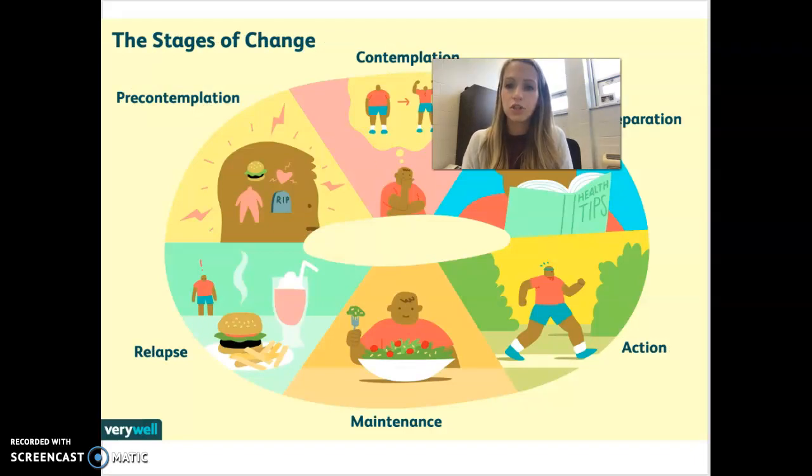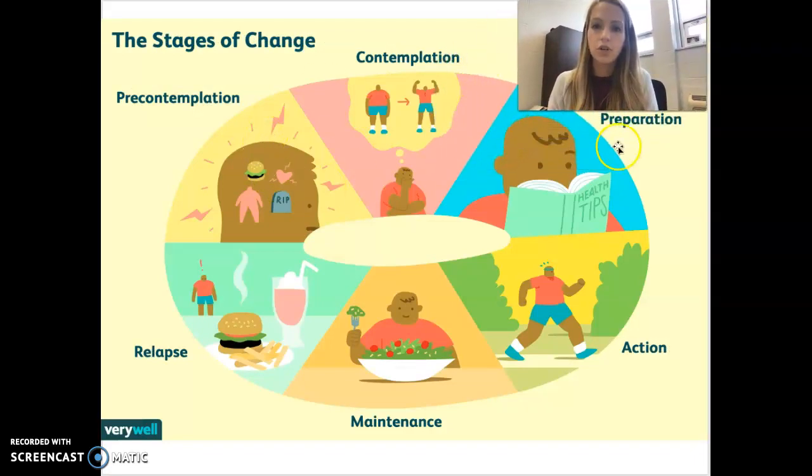So here's another picture. This one is showing you exercise and healthy eating, so weight loss. Pre-contemplation, they're not even really thinking about it usually at this stage, but here you can kind of see in his mind, he started maybe just a little thinking, oh no, this cheeseburger might result in me being overweight and causing me to have a heart attack and possibly die from that. Then contemplation, like, okay, I think I can start working out. I want to change my body from this to this.